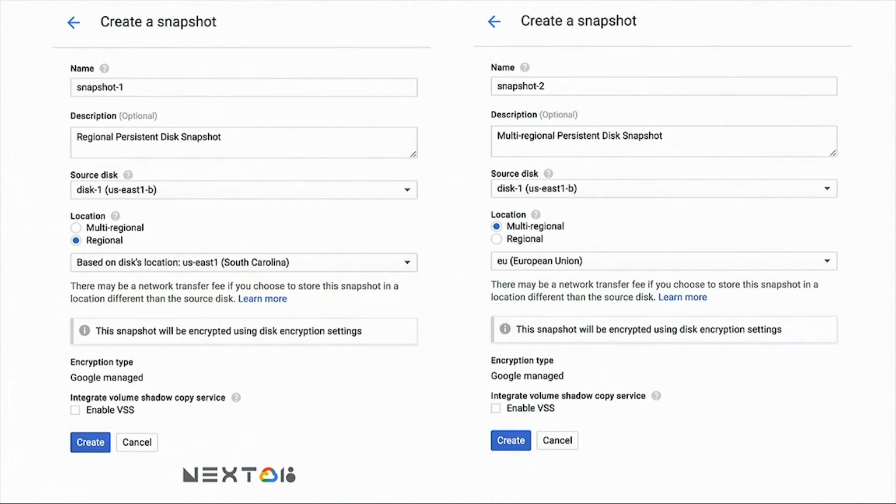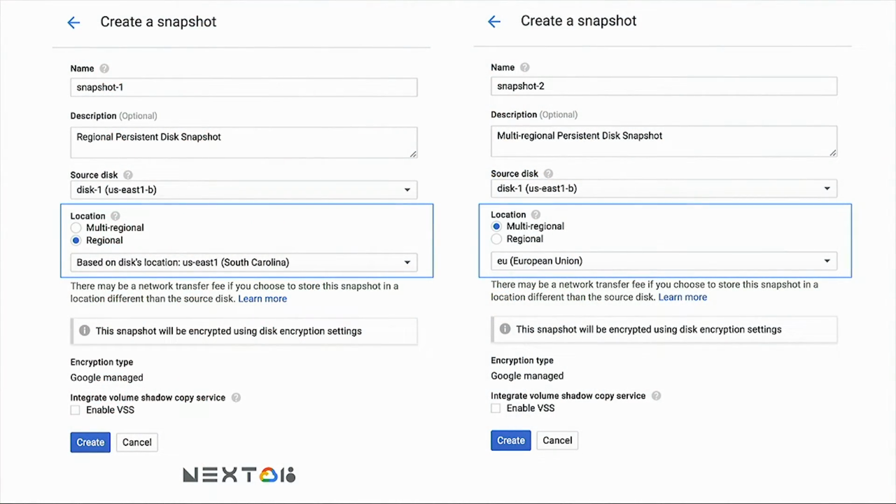Here's an example of what this looks like in practice. I'm going to highlight the key features for you here. On the left-hand side, we see that we're setting up a regional snapshot, and I've selected the default, which is just have the snapshot reside in the exact same location as the disk. As I said earlier, this is a setup we see fairly commonly for data residency, data locality concerns,